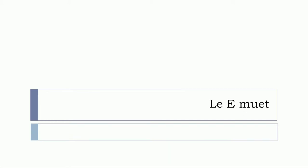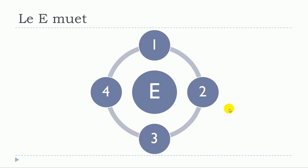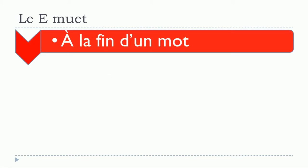And in this lesson, we'll work on le E, so we're talking about letter muet, okay? It does mean mute, okay? Well, clearly when you won't have to pronounce this vowel E, d'accord? So let's start, and we'll see actually 4 different situations when you shouldn't pronounce this letter, and let's see with the first one. Okay, so the first one, and the rule is quite clear, it's à la fin d'un mot,